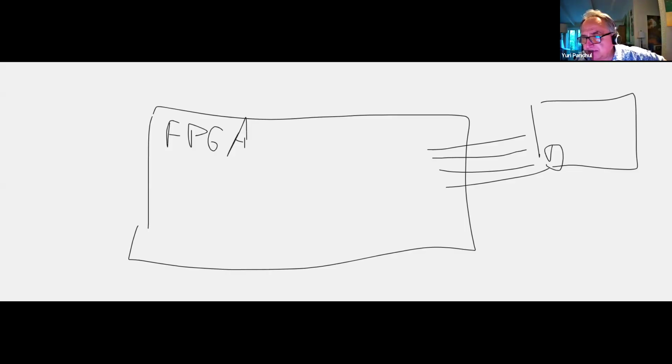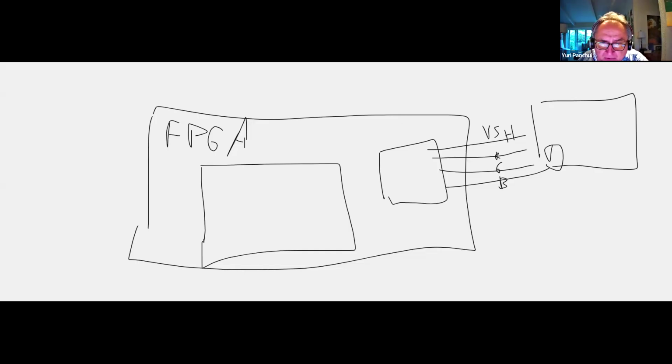So you have several bits for red, for green, for blue, and then you have bits like vertical and horizontal sync. Here there is a module called a display controller, and here is your user block, which is called the hackathon top, right?